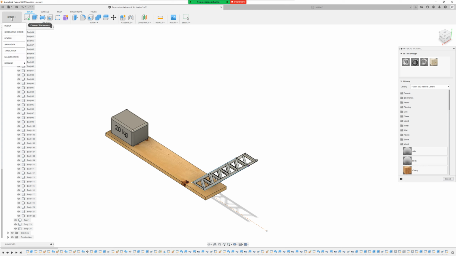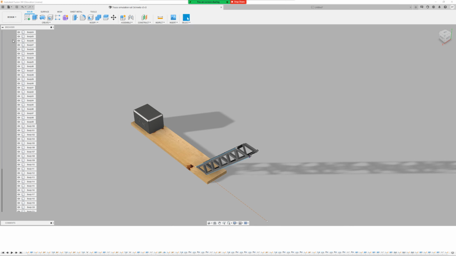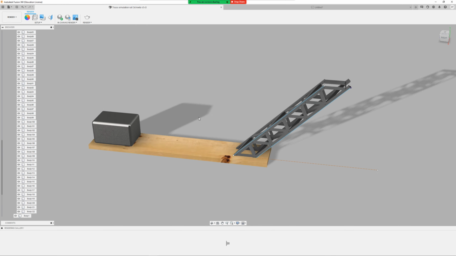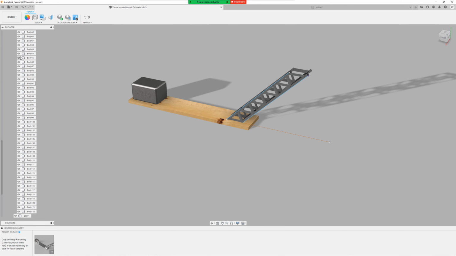Alright, so now when we go to our render, I will save this. Save. Yep, save. Now when we go to our render, alright, we're starting to get the materials in here. So this over here is just standard pine. We can also